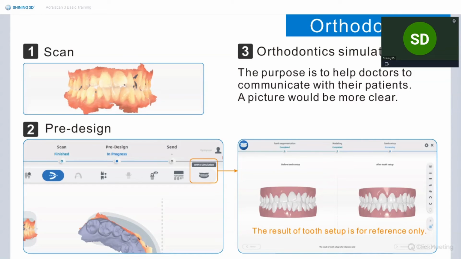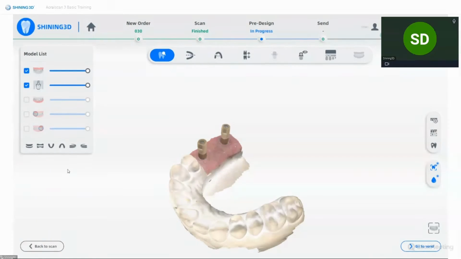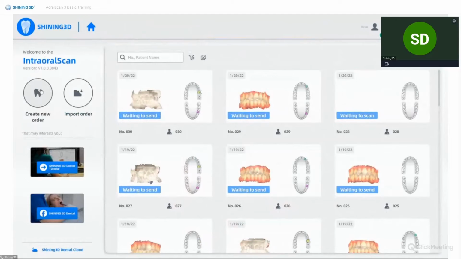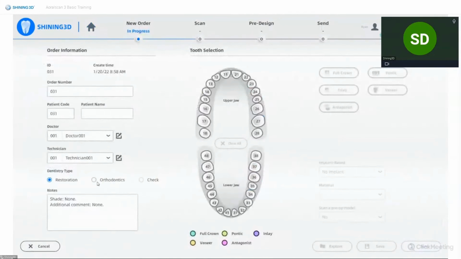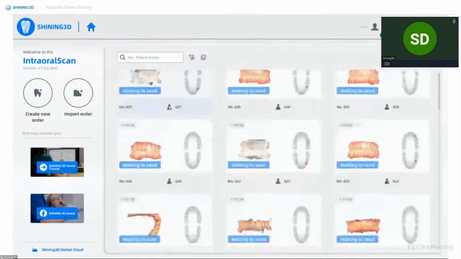So let's go to the software to check what it looks like. Go to the home again. You need to create a new order with orthodontics, but I already scanned for it, so I will just skip the scanning step and go directly into the